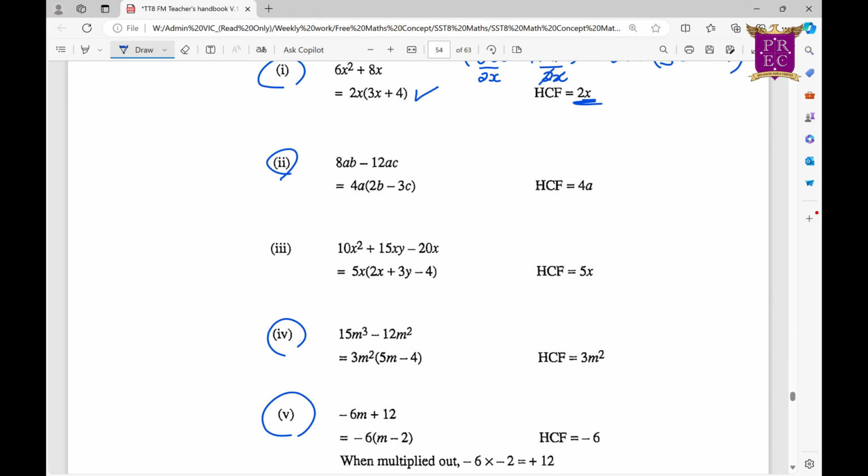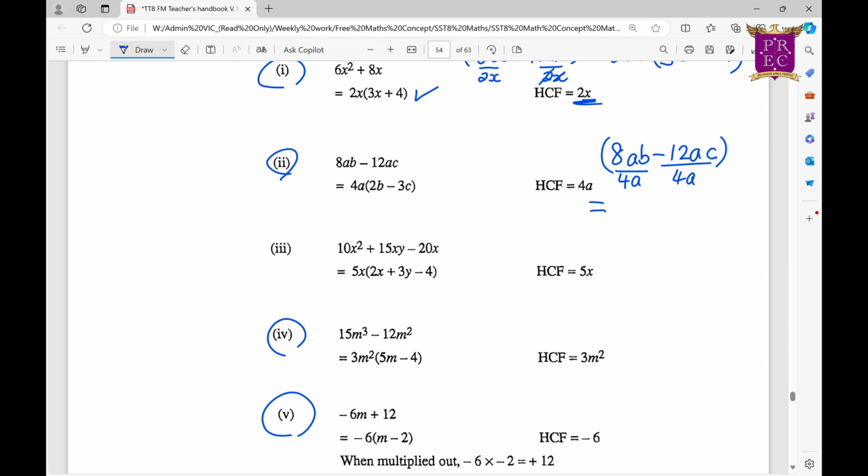Okay, same with this, 8ab minus 12ac. So you notice that both of the coefficients, which is the number in front of the letter, can be divided by 4. 8 and negative 12 can both be divided by 4. But not only that, you notice how both of the terms have a in them. So a would be included in the highest common factor. And so if I just bracket this and divide by 4a,